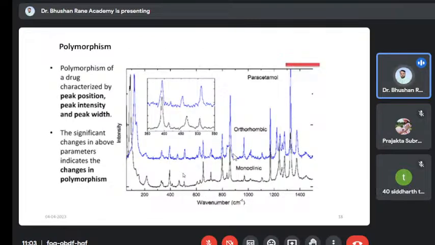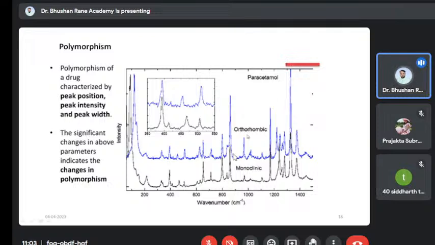Next, polymorphism, which is the most important characteristic that is required to be checked, whether the molecule exhibits polymorphism. In the case of paracetamol, orthorhombic and monoclinic polymorphs can be shown by that molecule. So here, between 350 to 550 centimeter inverse, just see that there is a shift in the absorption spectrum. That shift in the wave number values indicates the presence of orthorhombic and monoclinic polymorphism exhibited by the